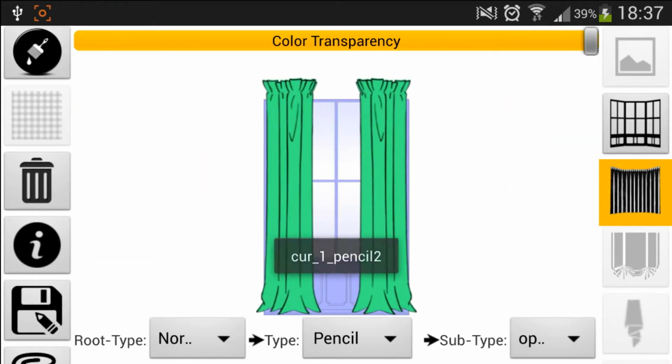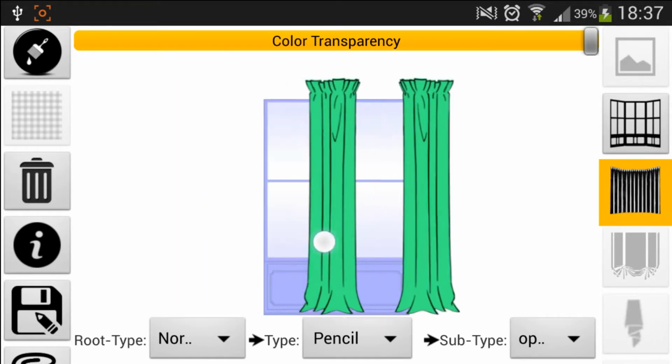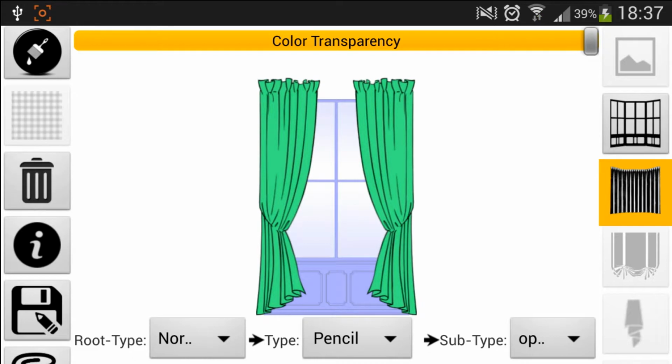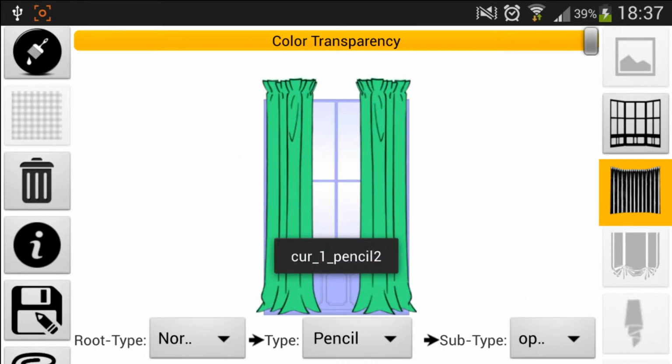And we can swipe again. So these are only normal, open and pencil types. So it is actually hierarchical filters which go through root type, then type and subtype.